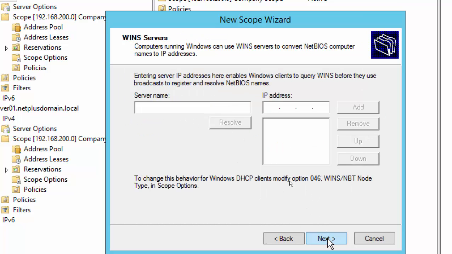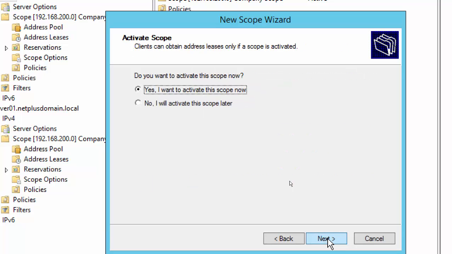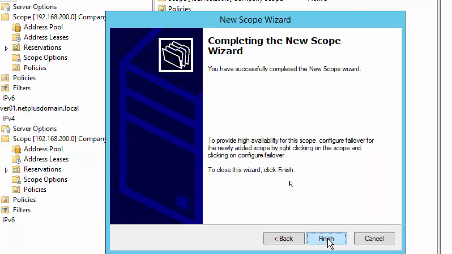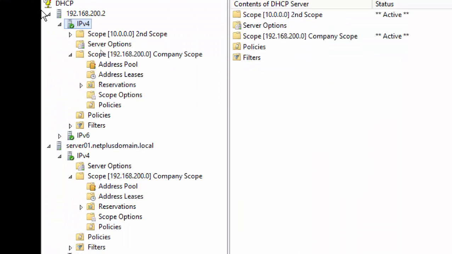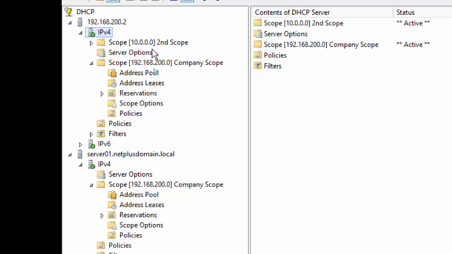Next, WINS is not being used. Activate the scope. All we did was 10.0.0.1 up to 10.0.0.100, right? That's the only thing. And then we just remove that primary DNS, nothing else. Next and finish, right? So we have two scopes now,